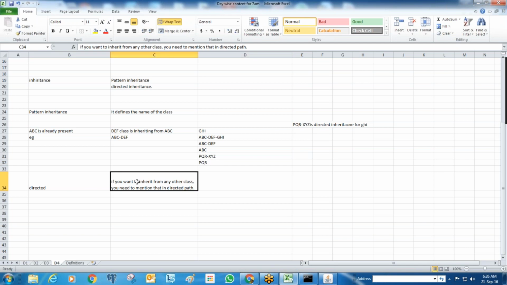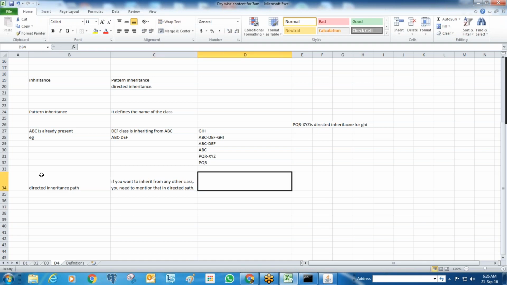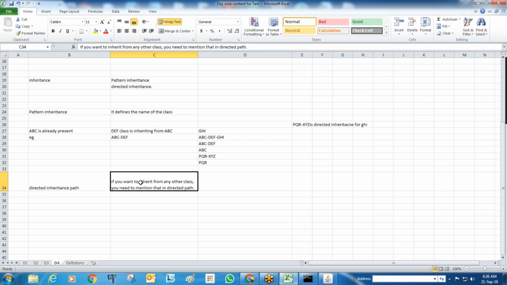If we want to specify any external class as one of the parent classes, you need to mention that in the directed inheritance path. Any doubts here theory wise?